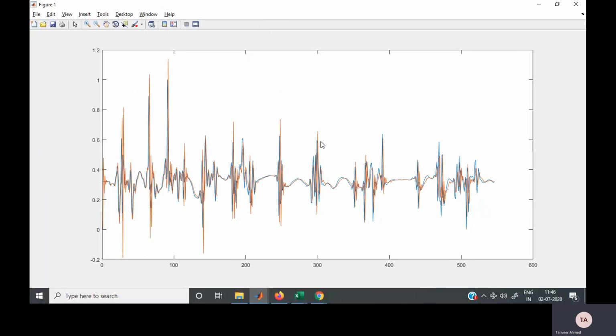The blue line, by the way, is the real value, and the red line is the predicted value. So we can see it's almost exactly the same thing. Yes, there is a difference, but that's what we expect.